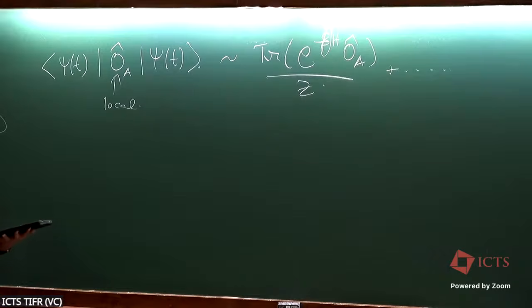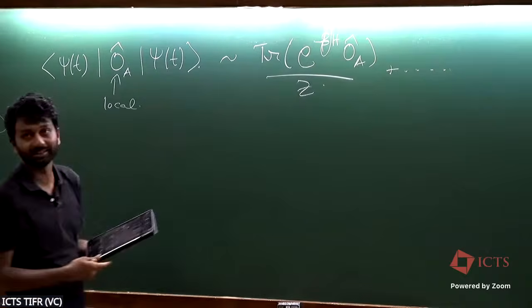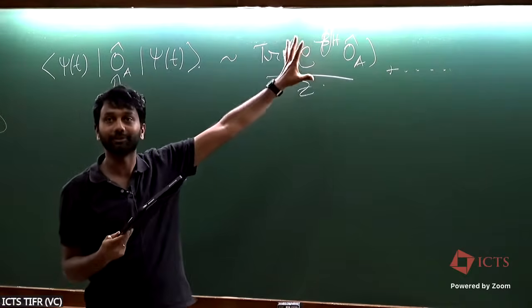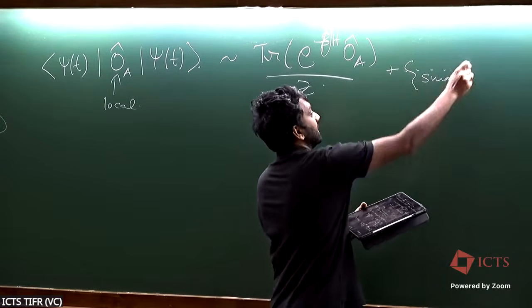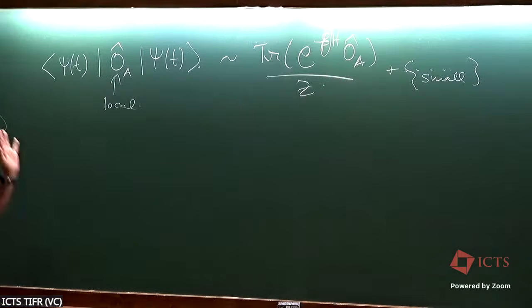I mean, the energy is constant, right? Yeah, so you can think of some distribution of energy in the system and ask how that is redistributed. That is one of the consequences. But what I'm saying is just that local operators have this kind of behavior at late times. There are fluctuations which are small, and there is some functional form of these fluctuations, which I will not get into, but this is the idea of thermalization.